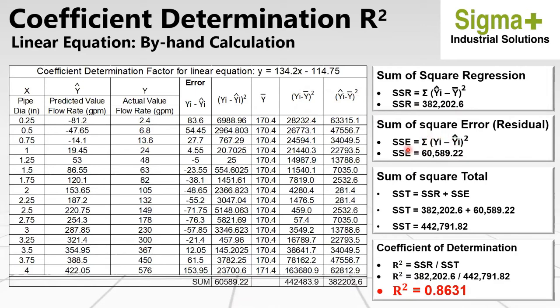And then I have my SSE, which is 60,589.22, the sum of the differences between the actual y and the predicted y to the power of 2. And then I have my sum of the square total, which is 382,202.6 plus the 60,589.22,